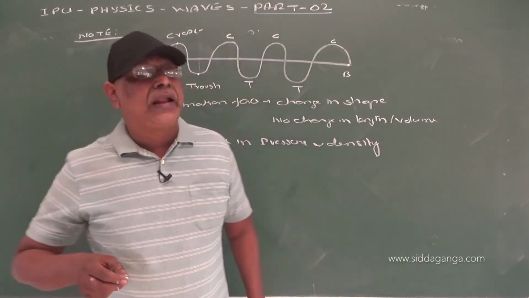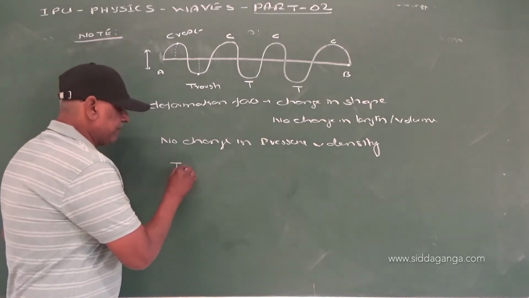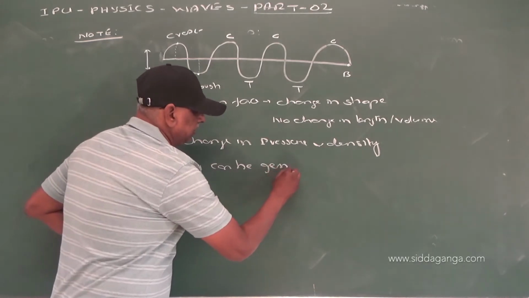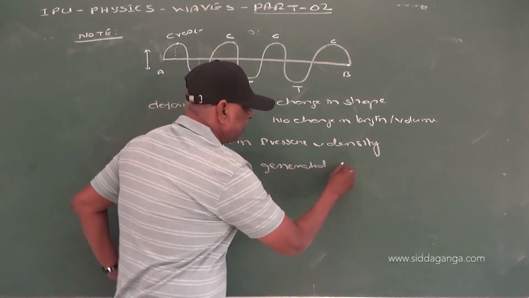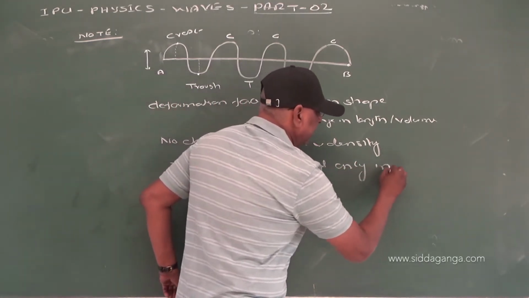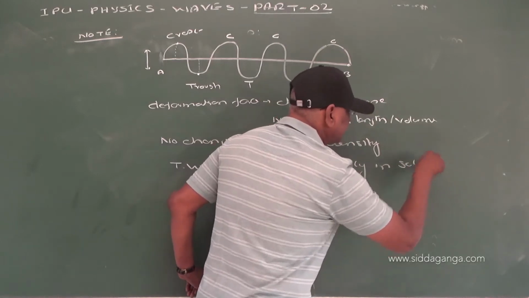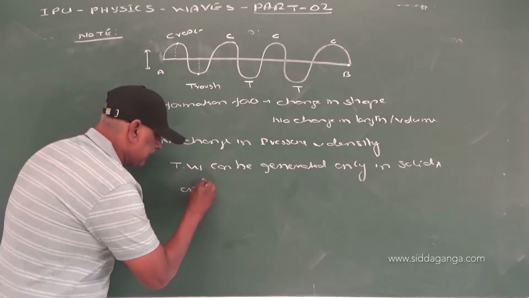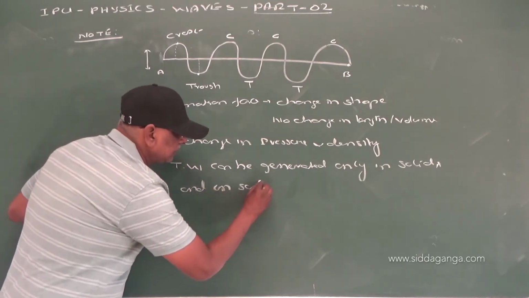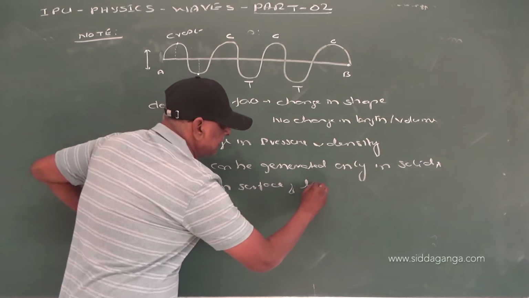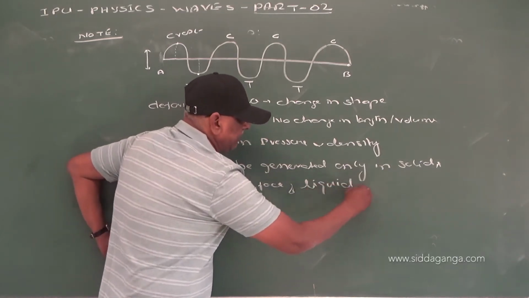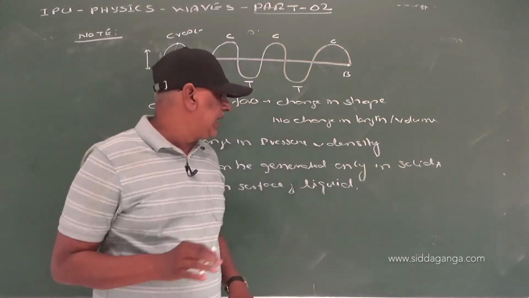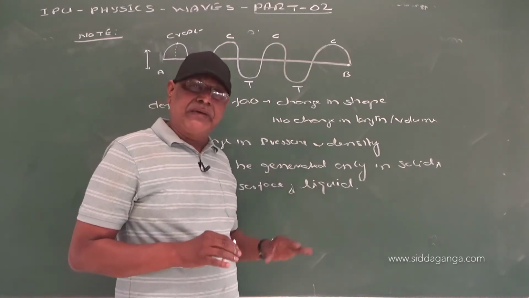So therefore, transverse waves can be generated only in solids among the media, and on the surface of a liquid. In air and inside a liquid, we cannot generate a transverse wave. It is because